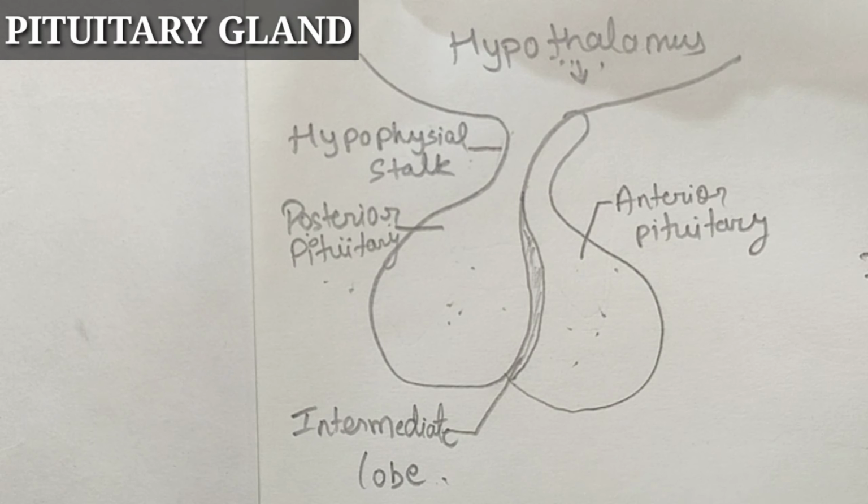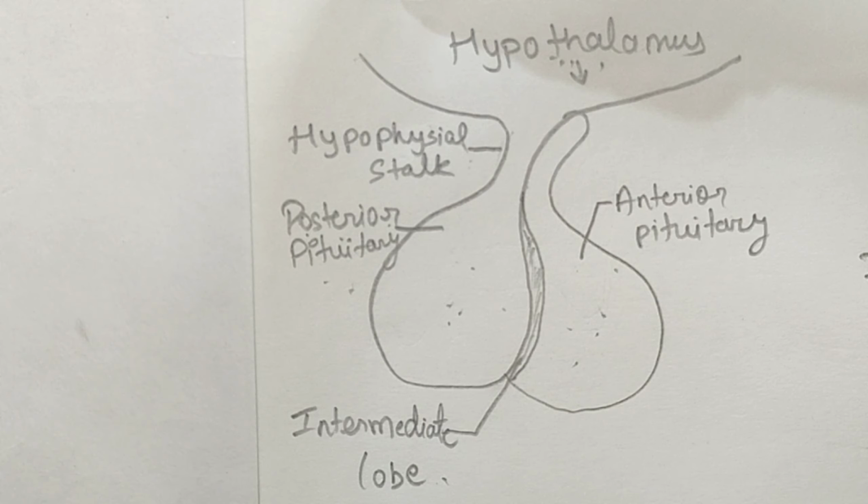And this connecting part is called the hypophyseal stalk. So with this we have completed the list of diagrams of all the chapters as per the reduced ICSE syllabus 2020. I hope you understood it, and you will be able to draw all the diagrams clearly. Practice is very important. You have to practice all the diagrams. Just by seeing, you will not have the confidence of drawing.